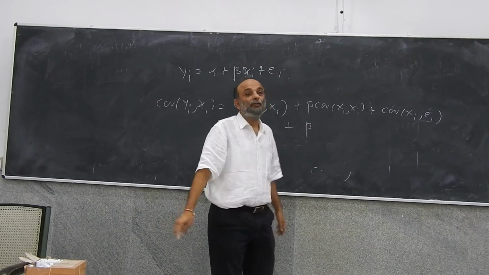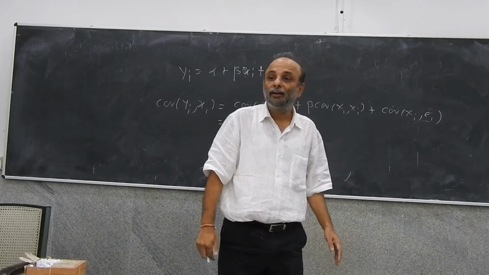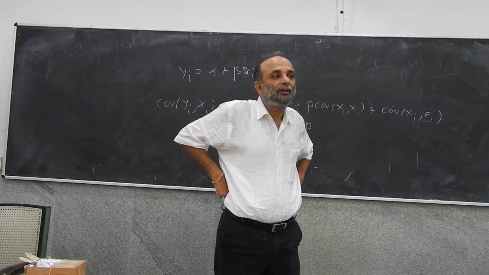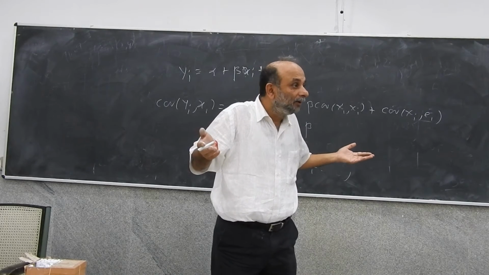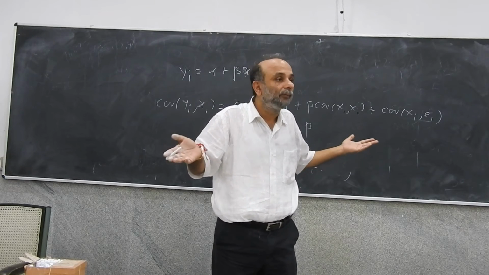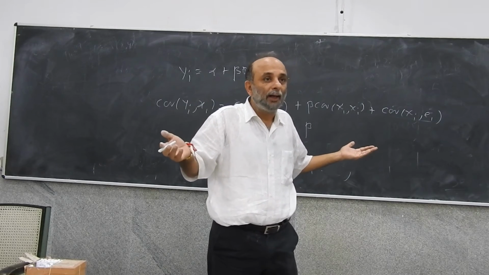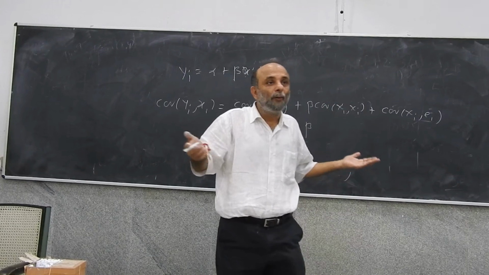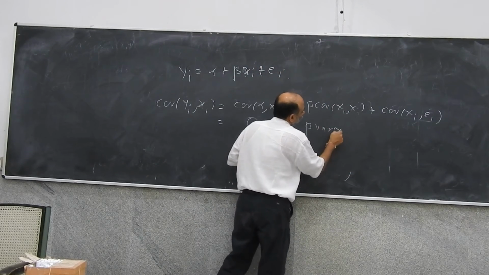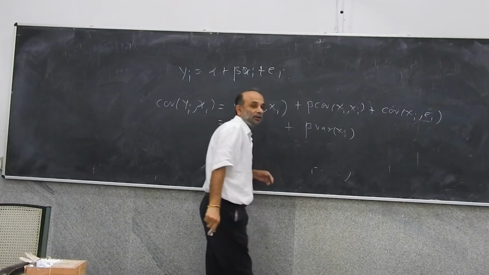What is the covariance of xi with itself? What is the covariance of x with itself? Variance. The covariance of x with itself is the variance. So this becomes beta times the variance of x,